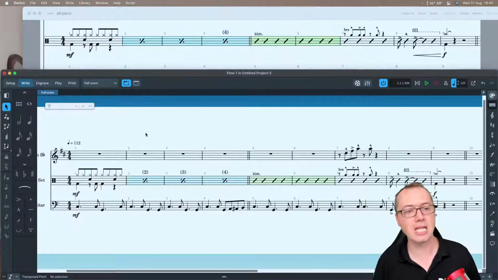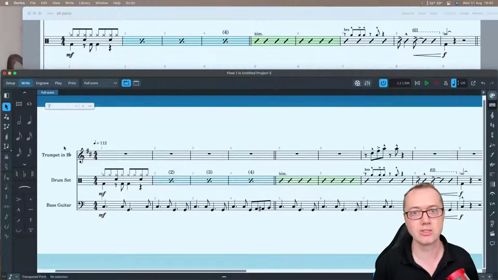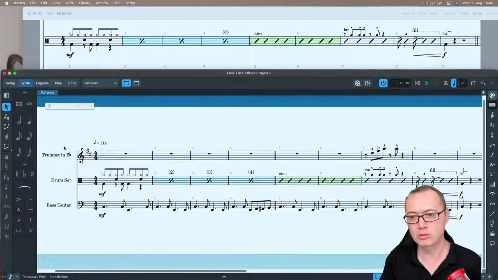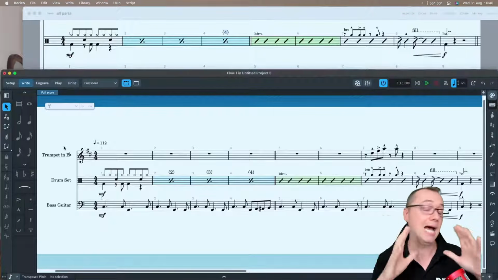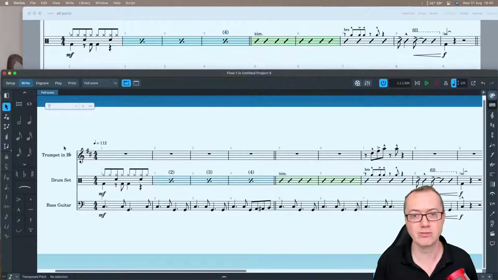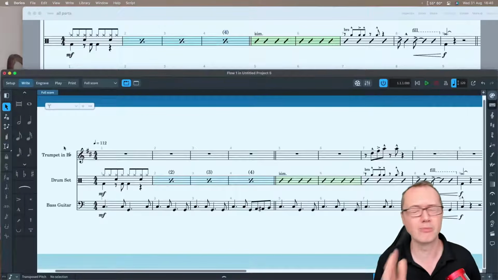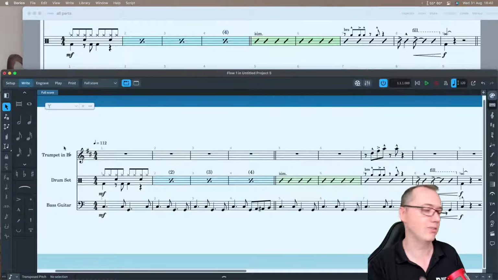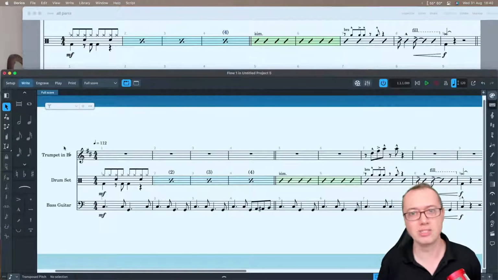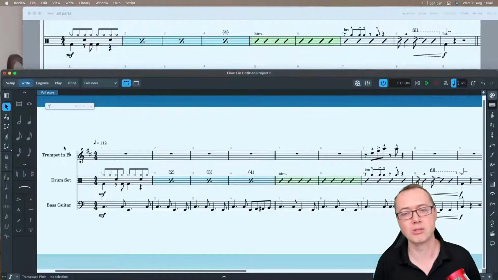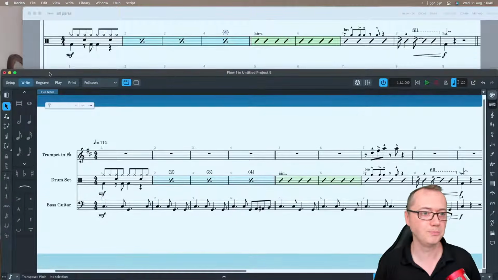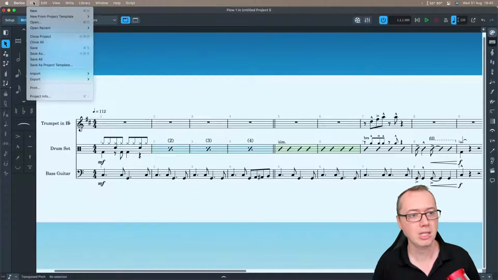So the first is, if you've got all of the instruments you want, you've got the layout you want, the drum kit's set up, all of the playing techniques and everything else, and that's what you want to use every time. For example, you've done a big band template, and you said, this has everything I want in it, and this is what I want to use next time I do a project. Then what you'd want to do is go to the File menu, and you do Save as